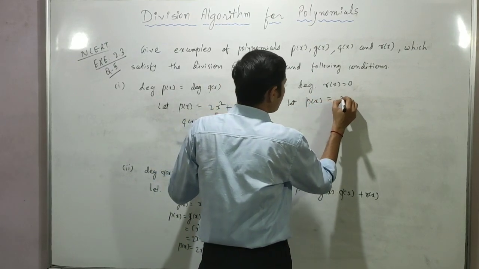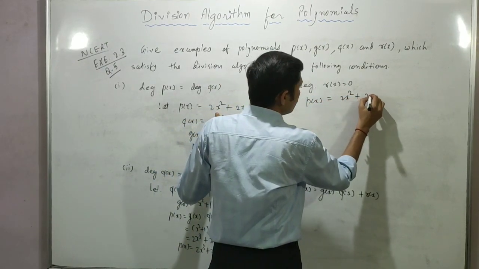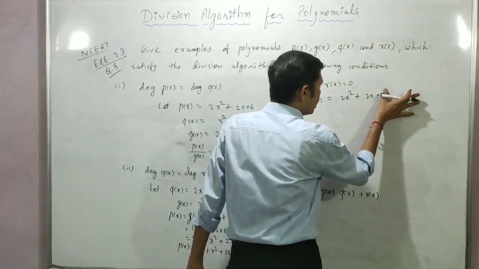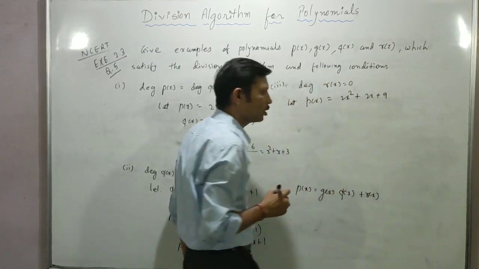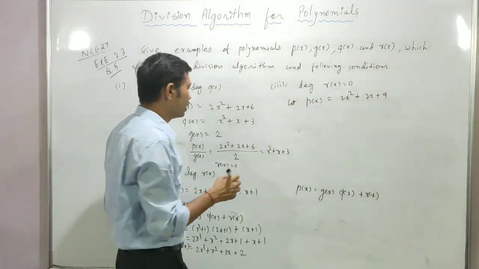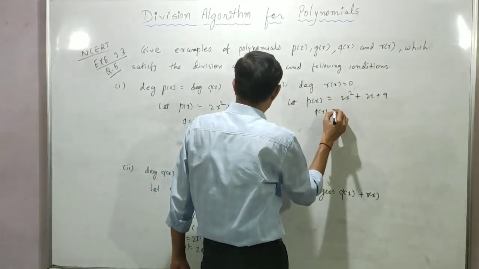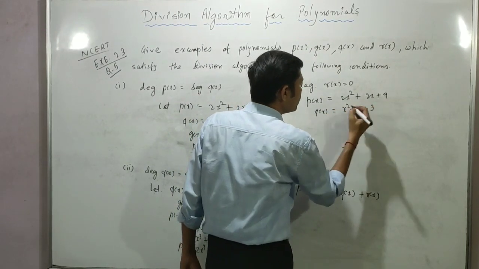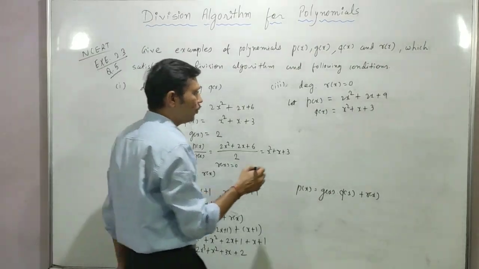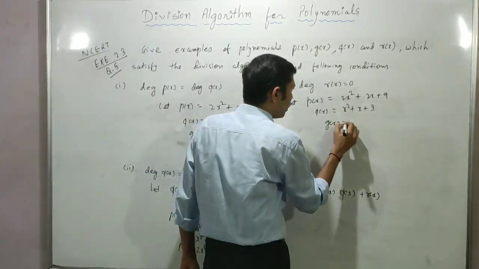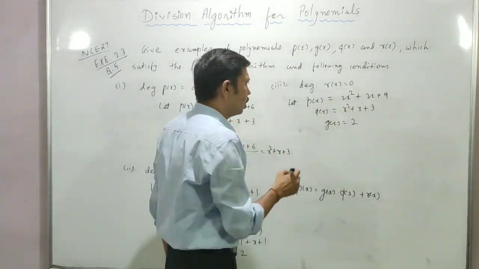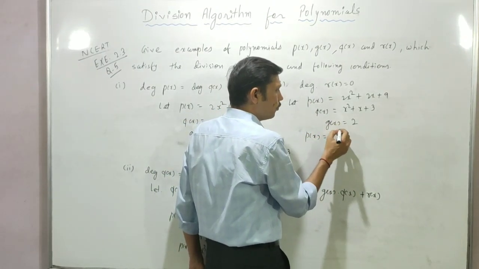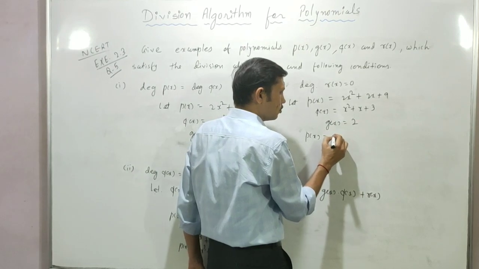सो फॉर एग्जांपल p of x में ले रहा हूं 2x स्क्वायर प्लस 2x प्लस 8 ले लेता हूं, राइट, 8 लेने से थोड़ी सी प्रॉब्लम होगी, 9 ले लेता हूं, ठीक है, वो डिविजिबिलिटी आ जाएगी। q ऑफ x हम ले रहे हैं, इट्स वही x स्क्वायर प्लस x प्लस 3 ले रहे हैं, राइट, और g ऑफ x क्या ले रहे हैं बच्चों, 2, राइट, तो आप समझ सकते हो कि p ऑफ x इज इक्वल टू, राइट, g ऑफ x दैट इज